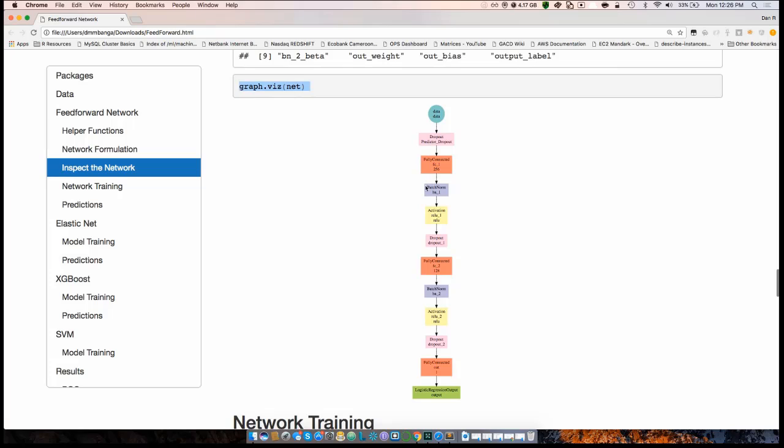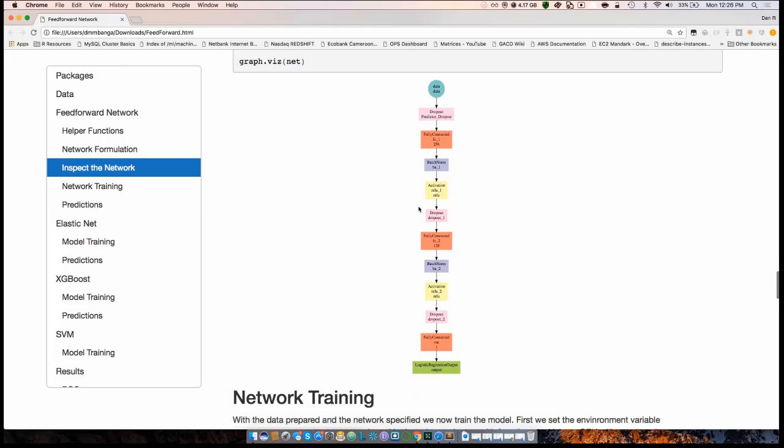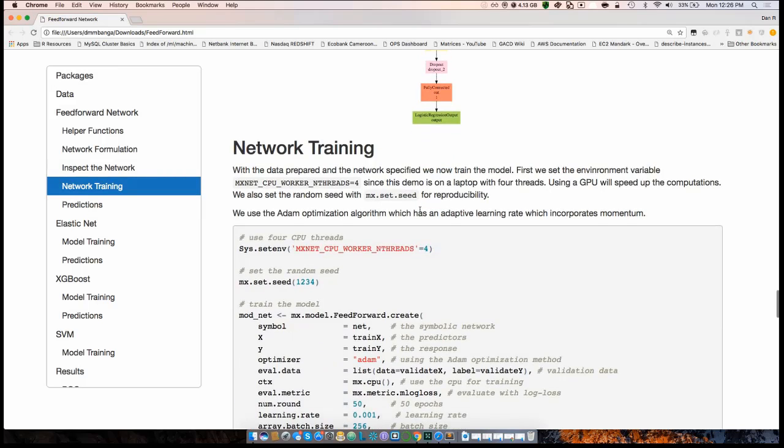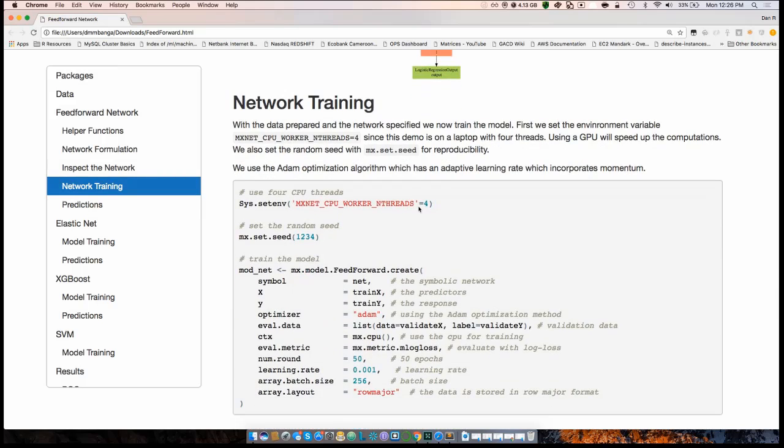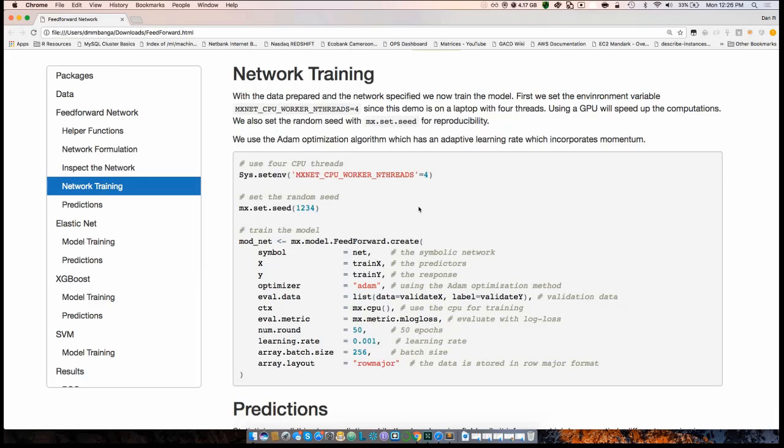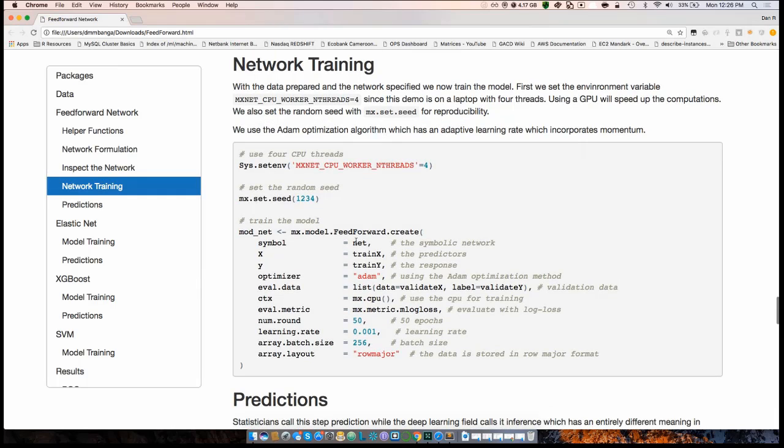And it's built with the diagrammeR package, which is an HTML widgets package that produces JavaScript that can naturally embed into an HTML document. So you can put it in your website. Absolutely, and you can even put it in a PDF by using the webshot package. So at this point, we haven't passed any data to the network. We're just designing it. And what are we doing now in the network training part of the code?